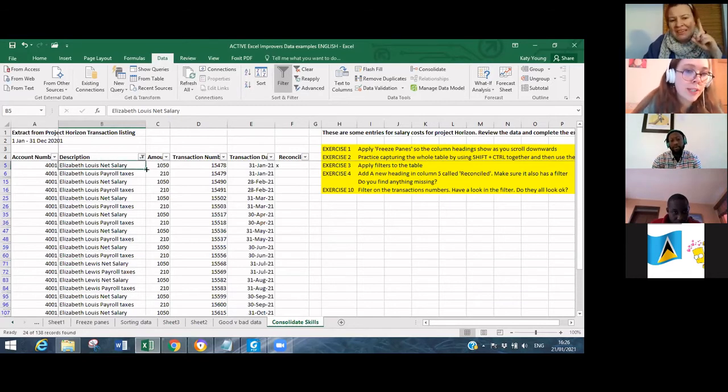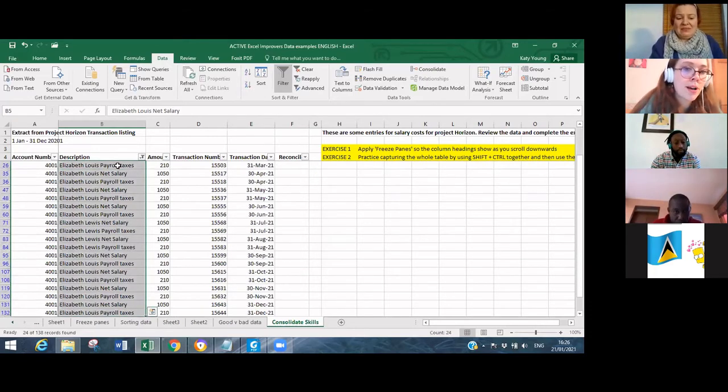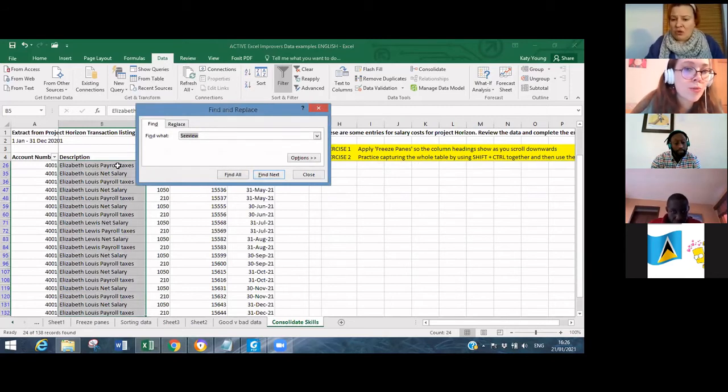But I can't drag down because it changes from net salary to taxes, salary to taxes, salary to taxes. So the best option here is going to be a control find. Yeah. These are my